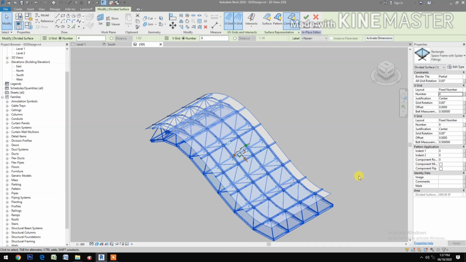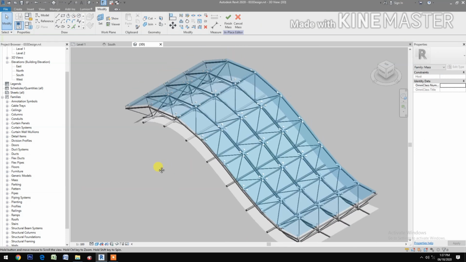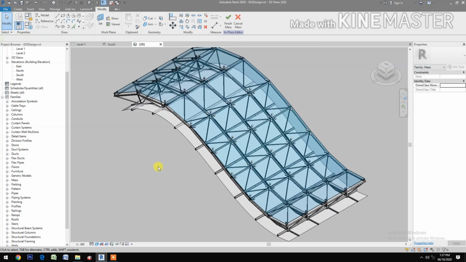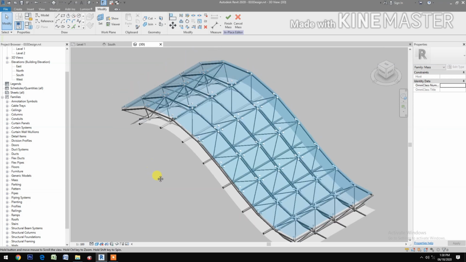Okay, component clip check, okay, next, finish the mass,